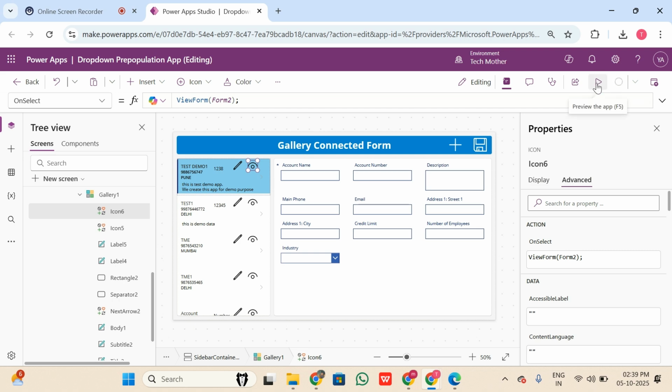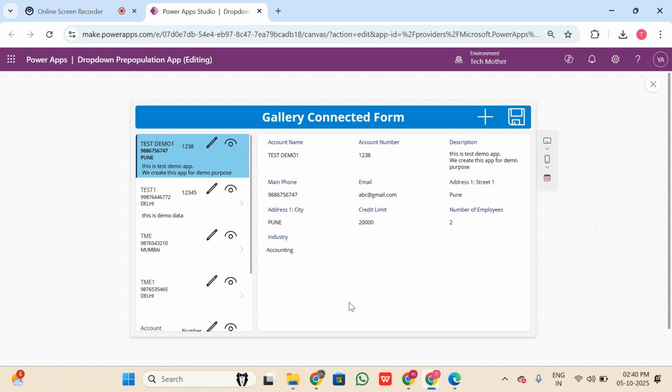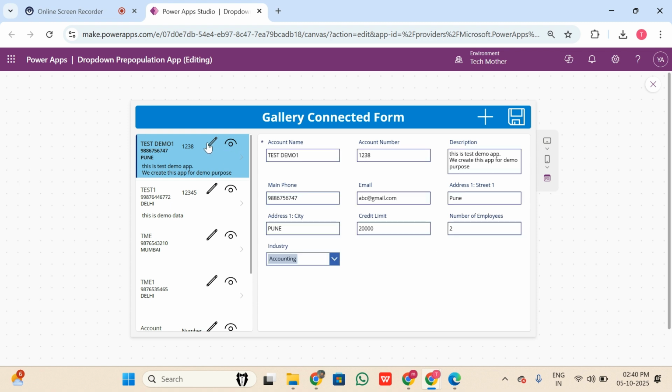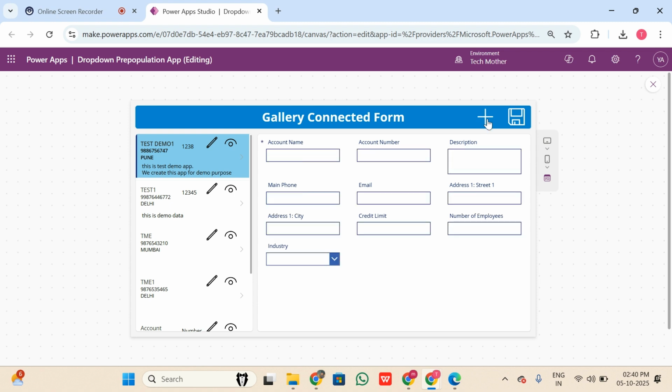Once this is done, I will show you how it works. I will click on edit. See, I will click on edit. This form is in edit mode. Again, I want to see this form in view mode, so I will click on view. Now you can see this form is switched to view mode. I will again click on edit, view. If you want to switch this form to new mode, you can just click on this plus icon for adding new mode. In this way we can reuse the same form for the edit, new and view mode.